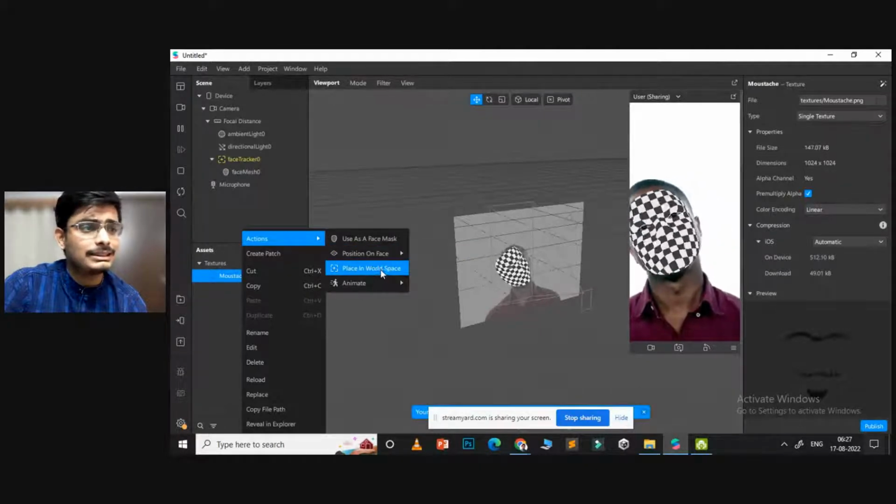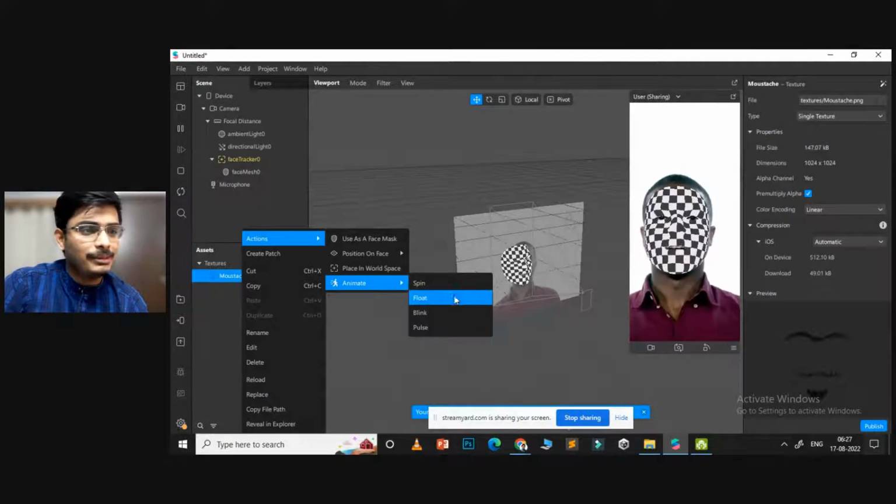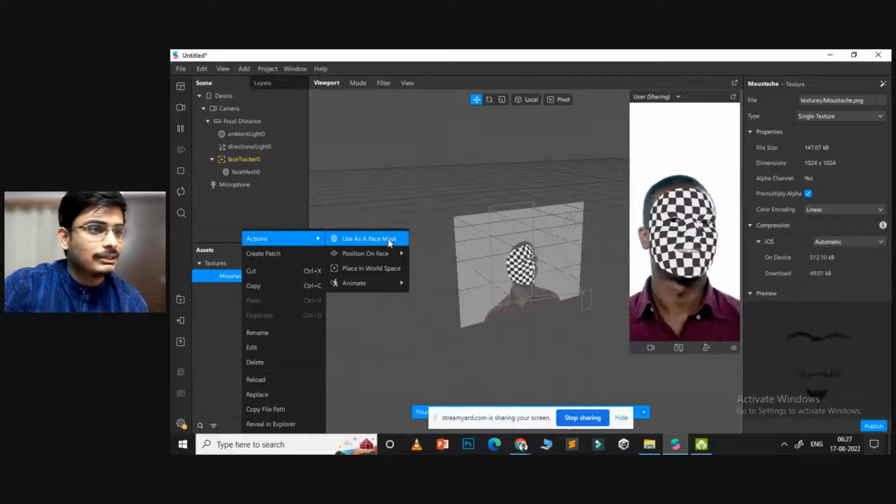You can place these things in the real world, that is on the ground, and you can add some of the basic animations to these things. For our use case, we want to use it as a face mask. We click on this option,